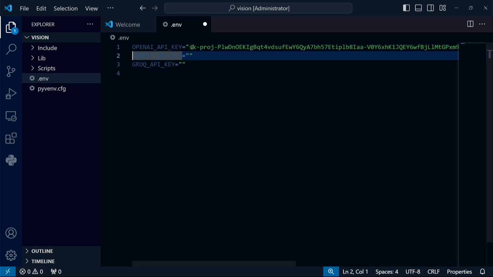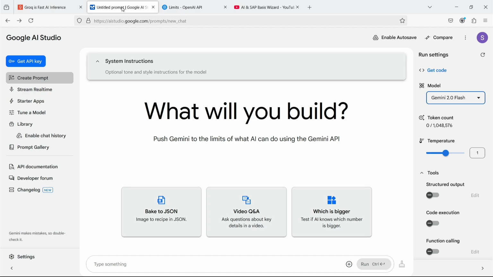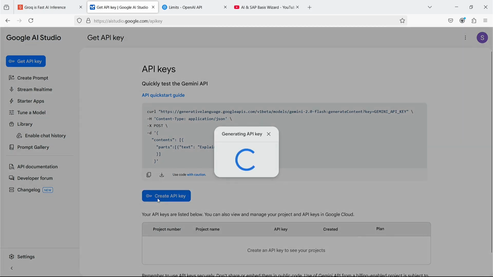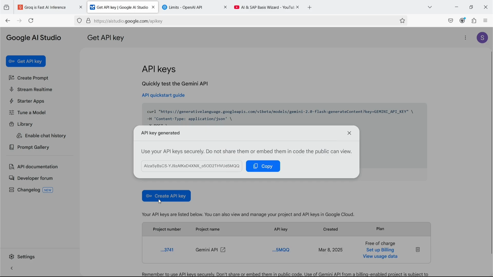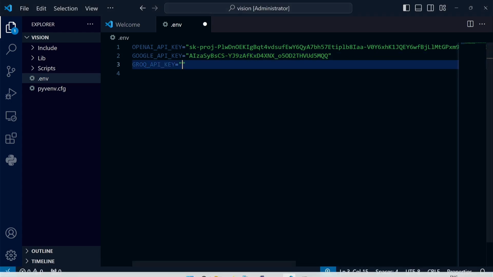If you're developing a program and want to avoid paying for tokens, you can use Google AI Studio. Google offers excellent Gemini LLMs and is currently providing free API keys for testing. Simply log into aistudio.google.com. Then click Get API Key and create API key. I copy the key to the clipboard and paste it into my .env file. Please remember that API keys are confidential, so mine will be deactivated before this video goes live.